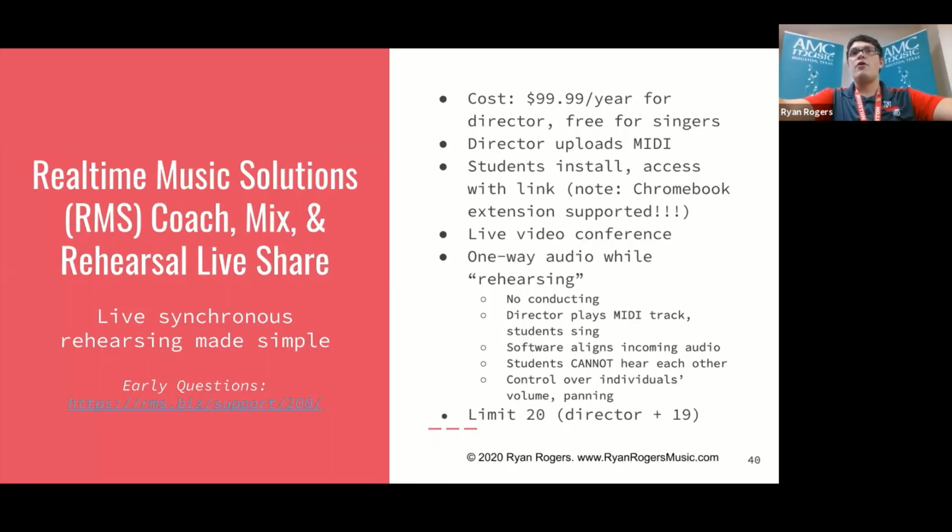Their audio is sent back to the director along with the MIDI data. The software then uses the MIDI information to calculate each singer's latency, goes with the longest possible latency, and lines everything up for you,